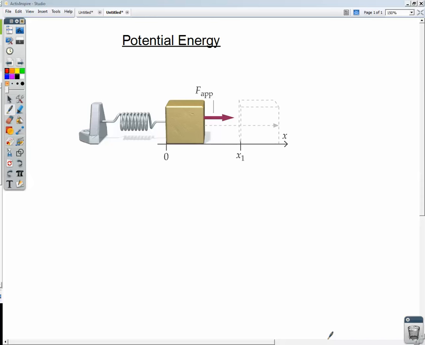Welcome. In this lecture, we're going to talk about another form of energy, potential energy. Specifically, we're going to talk about two different kinds of potential energy: gravitational potential and spring potential, or elastic potential energy. We talked already about one form of energy, kinetic energy. Moving objects have energy because when they hit something, they can do work on that object. And we defined energy then as the capacity to do work